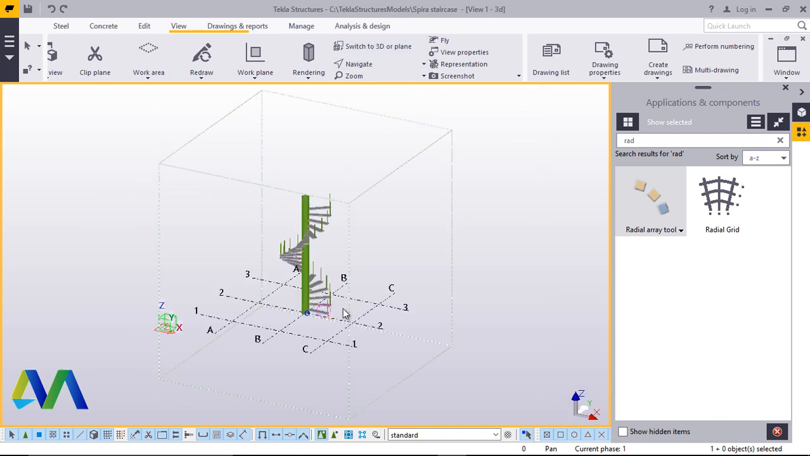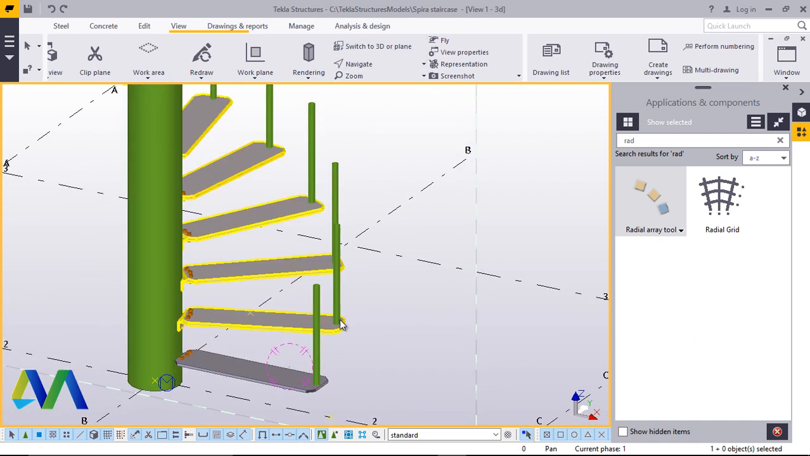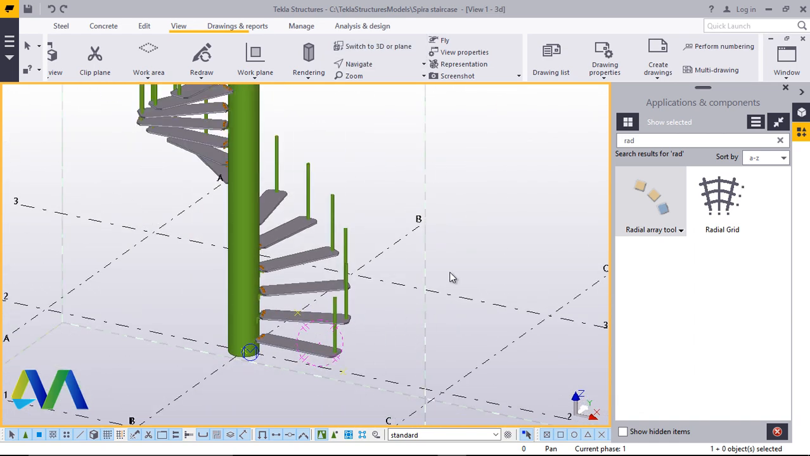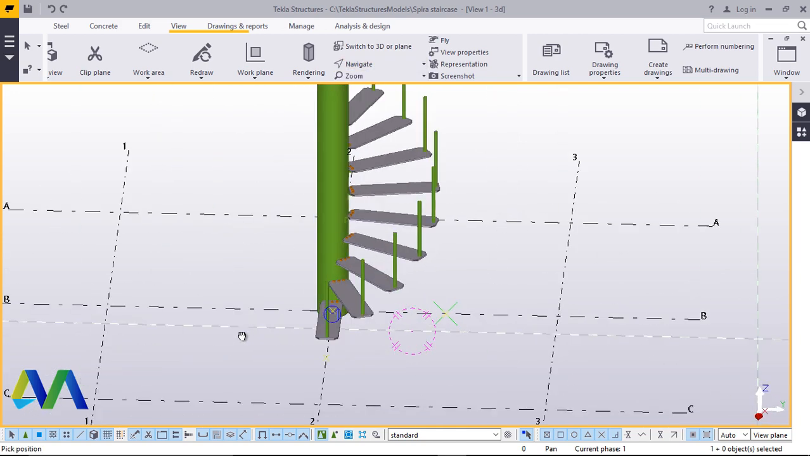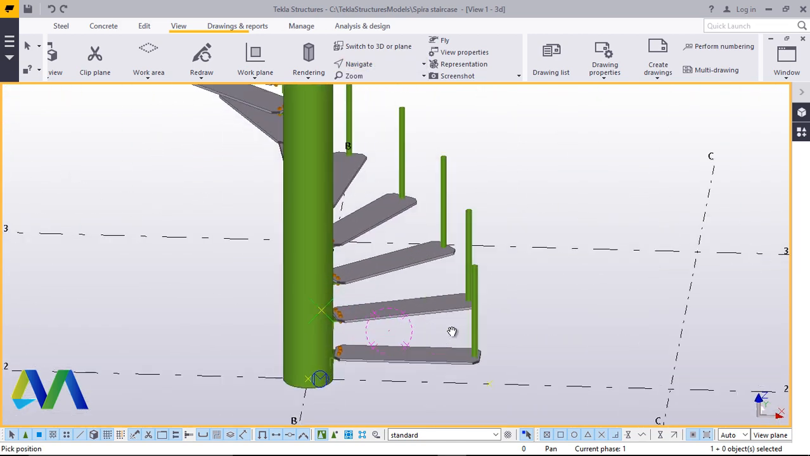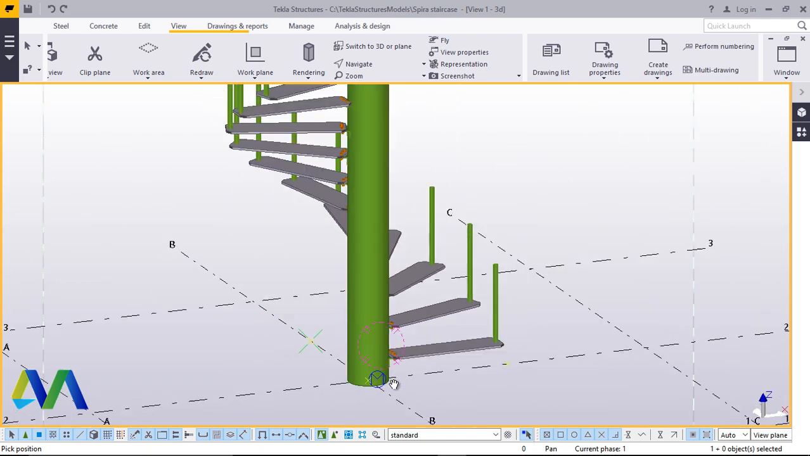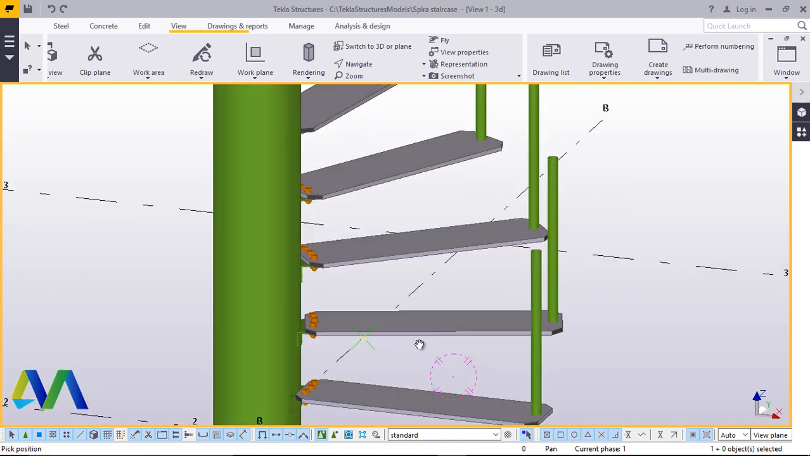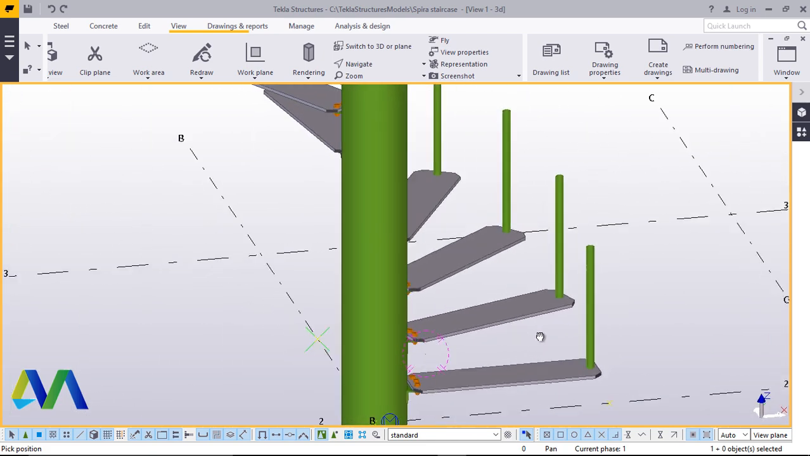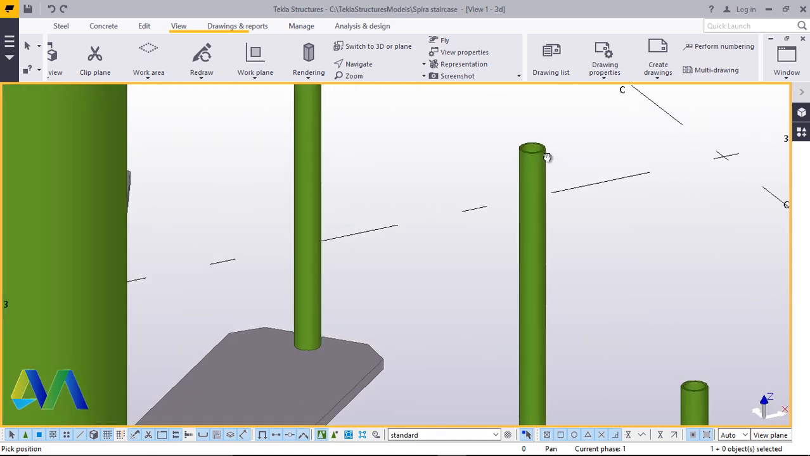If I switch back to my isometric view, I'll be able to see the posts have been created perfectly, but we will do away with this at the moment. Then come to navigate, rotate with mouse and turn this round like this. Perfect. Now from here,